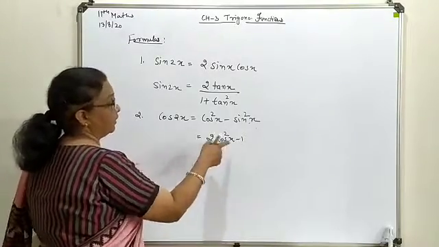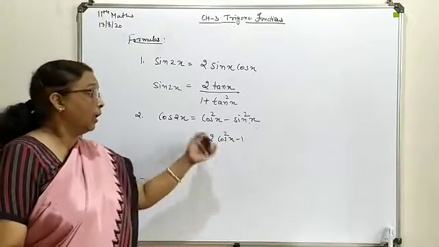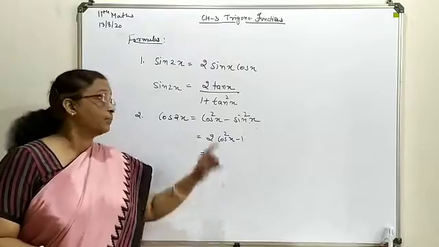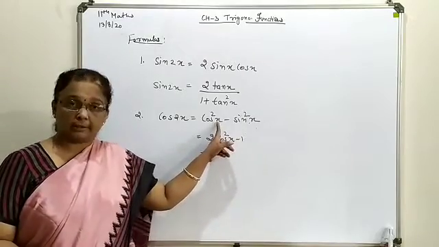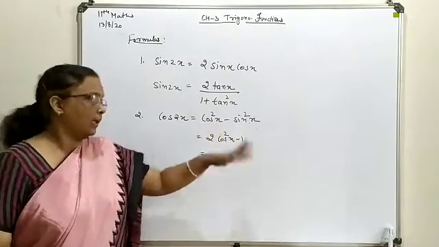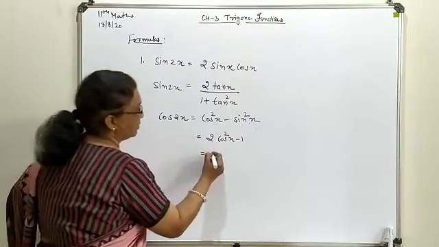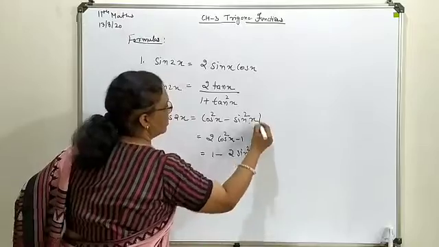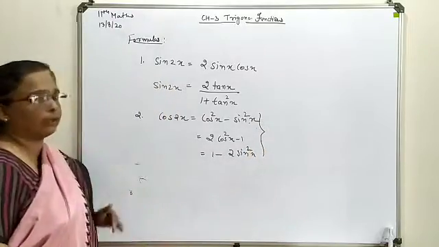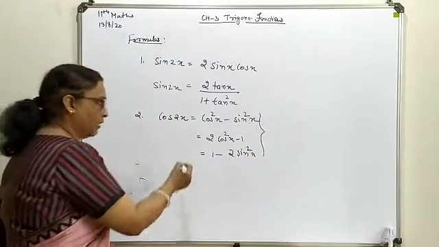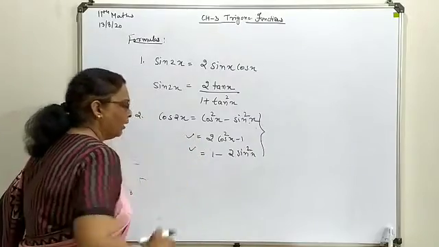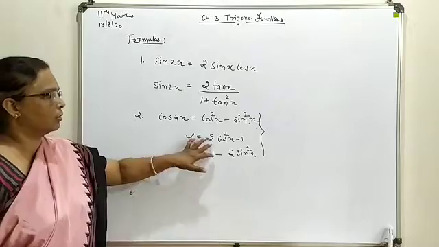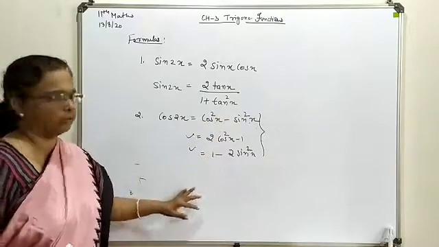It is not necessary that every time it is asked that you write only the cos form. It may be asked that you write the sin form. So this cos square you will write as 1 minus sin square, and obviously it will turn into 1 minus 2 sin square x. So these are three important forms. Normally these two we use frequently. Okay, some interconversion based on that I am also going to discuss here.